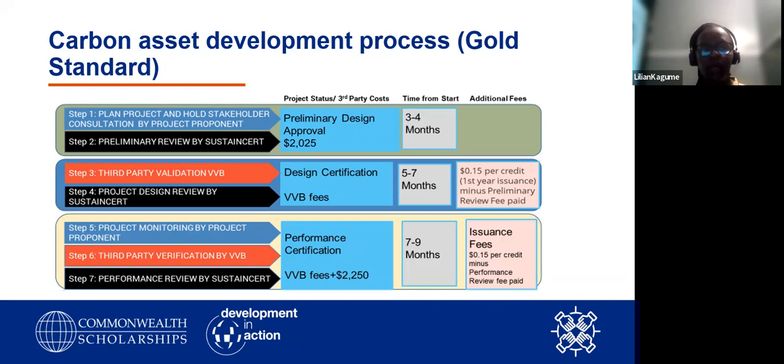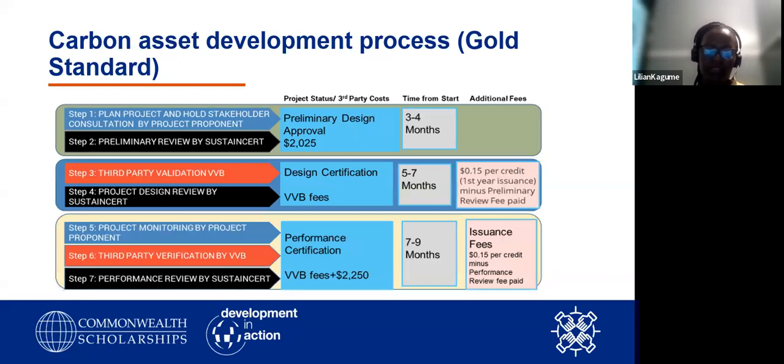Successful completion of preliminary review results in the listing, what we call the listing of the project, meaning now you are given a go-ahead to continue with the registration of the project. So when you move now to